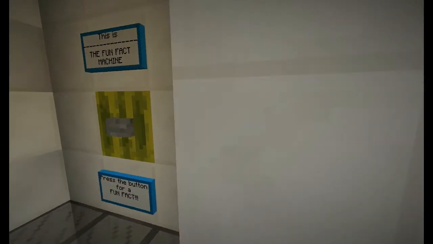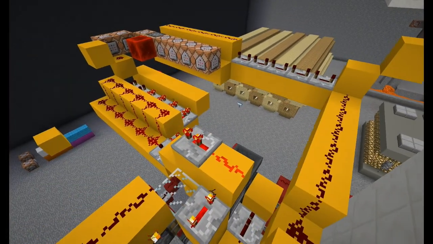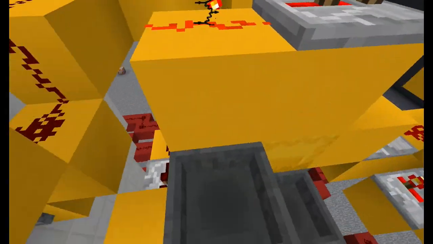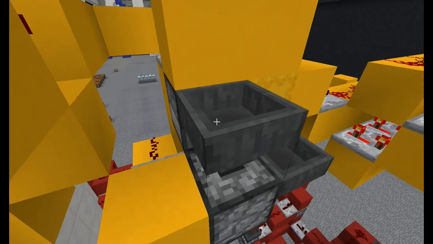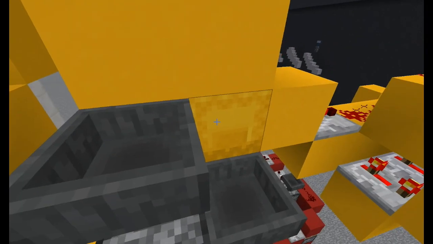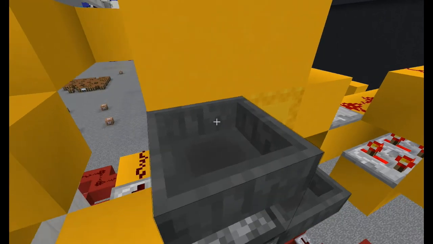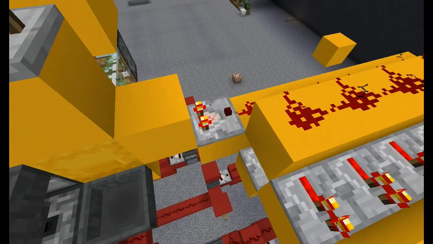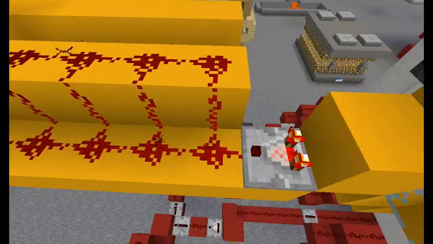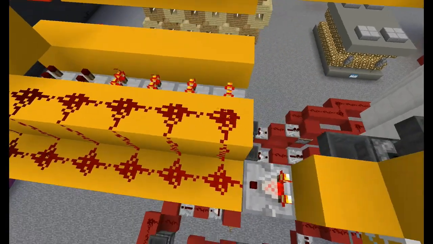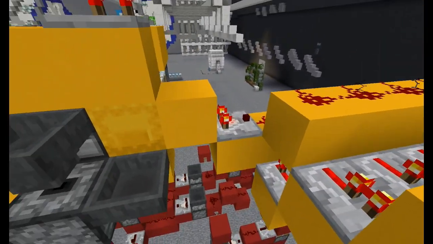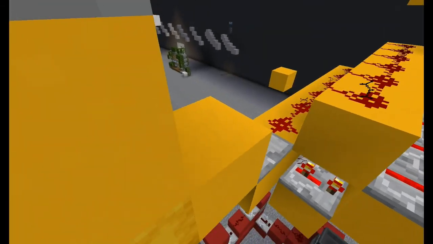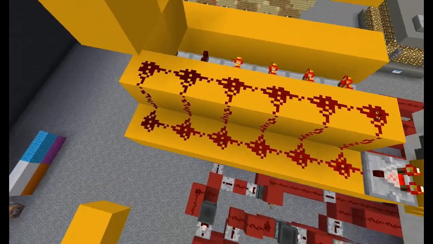Now if we pop over to the fun fact machine, this is not my design. This was by somebody called Mumbo Jumbo. It's just altered slightly. So it uses the principle that shulker boxes can be stored in chests, and if we have a look inside here, each shulker box has a different amount of stacks inside it, which, as I mentioned earlier, comparators take the output signal strength of based upon the amount of items that's inside something. So if we look in here, there's this many items, which means that it outputs a signal strength of 5,